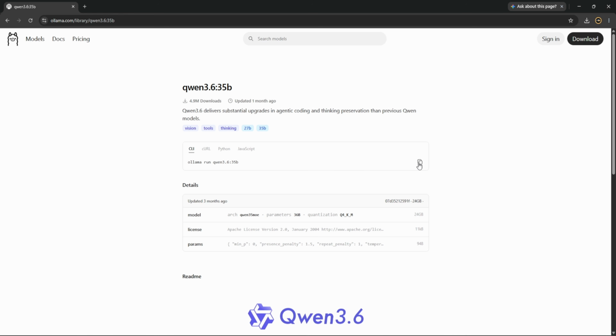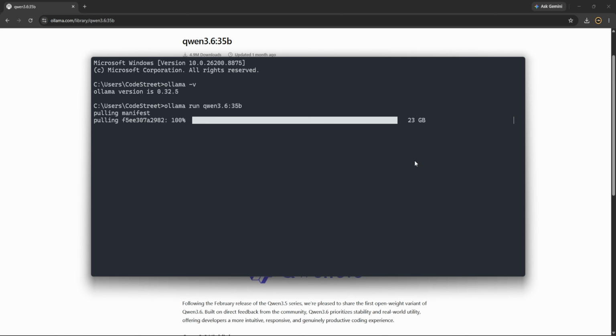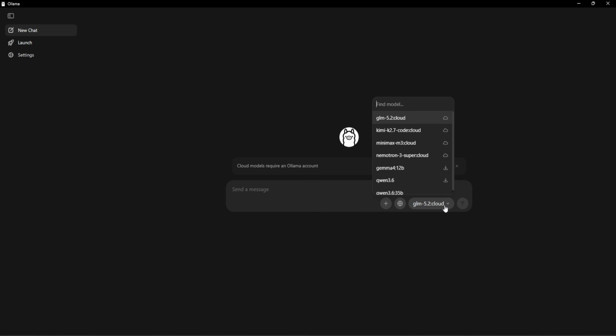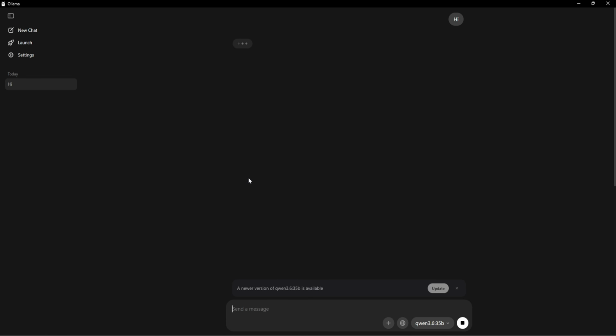Let's download this one. To download this model, we just need to copy this, come to the terminal and paste. That's all. So now it will download. It's about to complete. Let's open Ollama and see if it's detecting this model. Yeah, already it's taken here. So let's send some message to see whether it's responding or not. It may take more time because it's the first time it's getting loaded here. Perfect. Very nice.